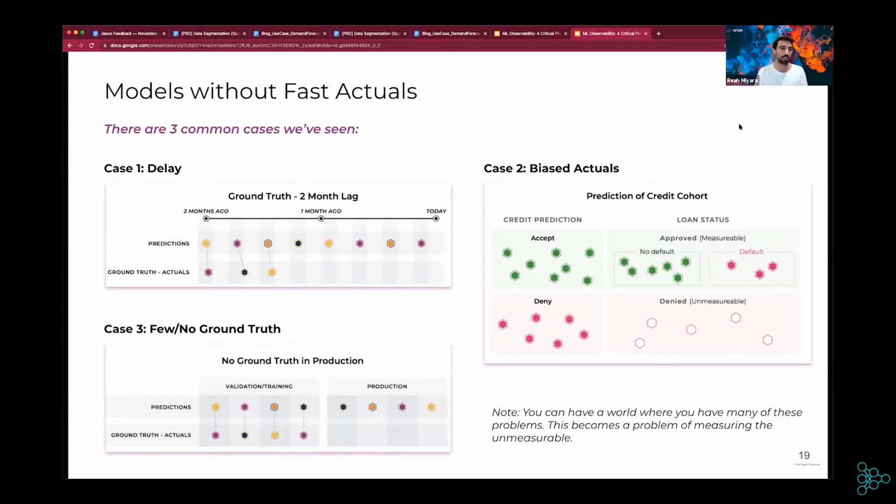In a less morbid example, such as maybe lending, your predictions on whether someone will default on a loan or not could be 90 days out or a couple of years out. And so you're waiting for that ground truth to come back to really be able to accurately compute your model's performance. Now, in this particular case, where you have a significant delay between your predictions and your actual values, it's important that there